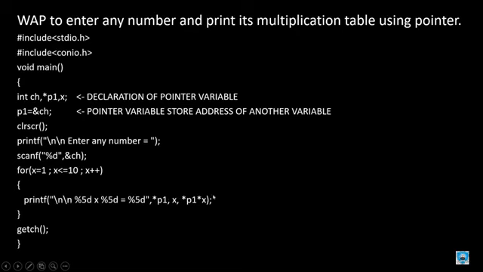And then after this, it is very important for the arithmetic operator. *p1 is a pointer variable. This * is used as a multiplication symbol, and x is used as a looping variable. So my friend, when we take 8 multiply 1, it will be 8 and it will print over here. Same like that, this loop will continue for 10 times and it will print my multiplication table. The same program we will see at the last of this video as a practical, it will prove it, but I think this is a simple program of pointer that we print the multiplication table using a pointer, not the original variable.